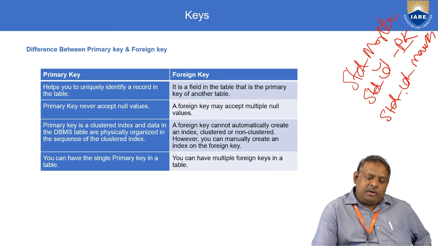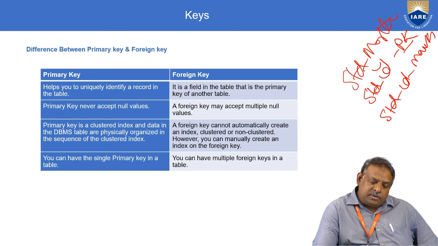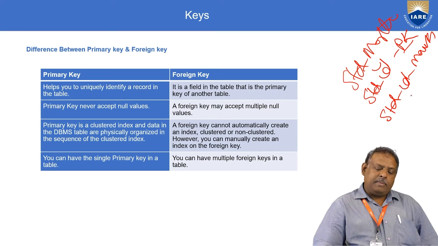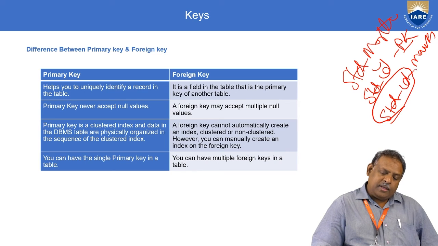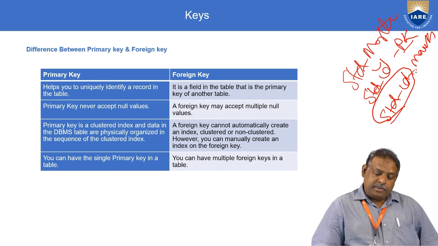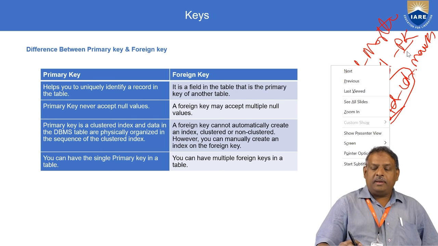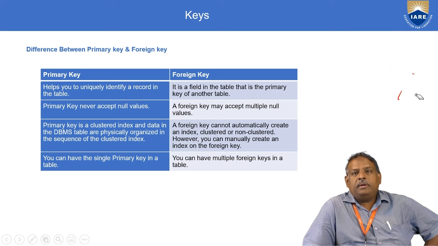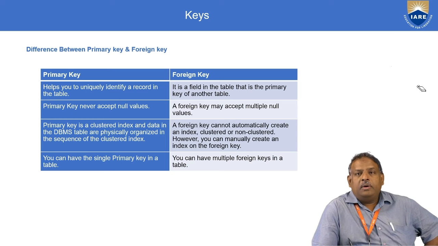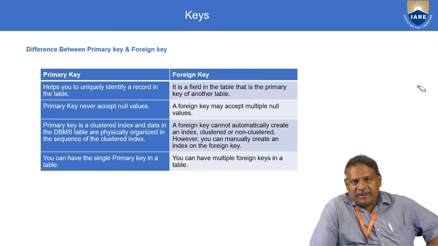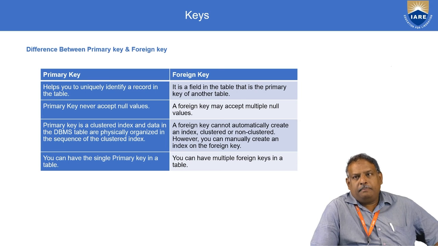So the student will have many rows in this marks table for various subjects undergone. So he will have marks in many rows. Here the std_id is the foreign key in the marks table. The same key is the primary key in the student master table. A primary key can never accept a null value. You cannot have a null value in a primary key. A foreign key may accept multiple null values.